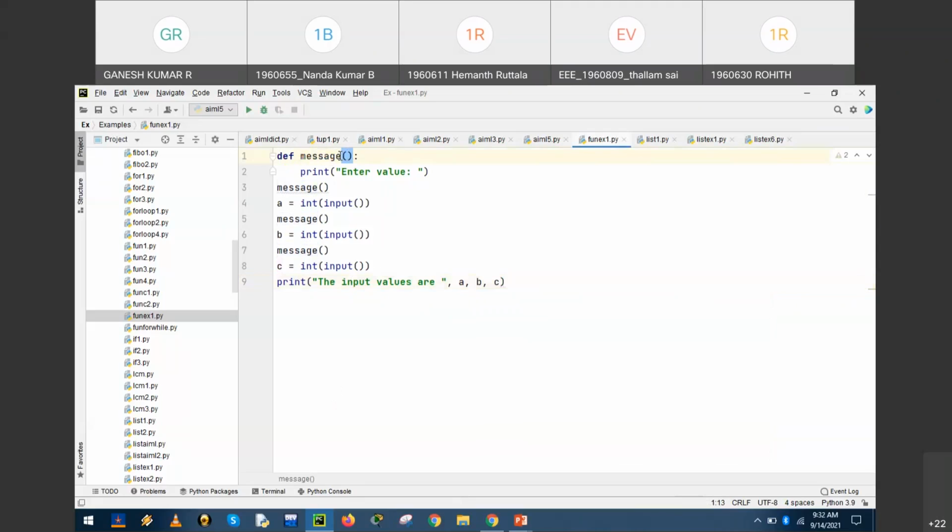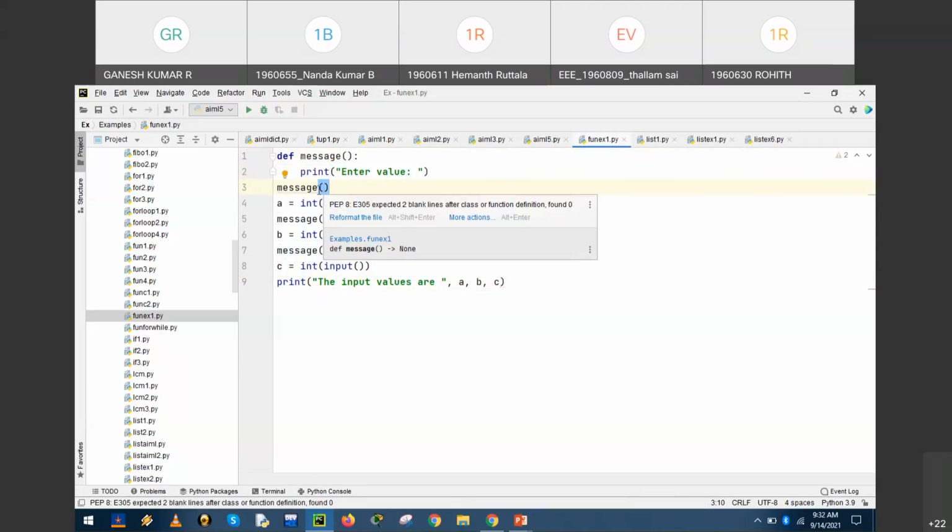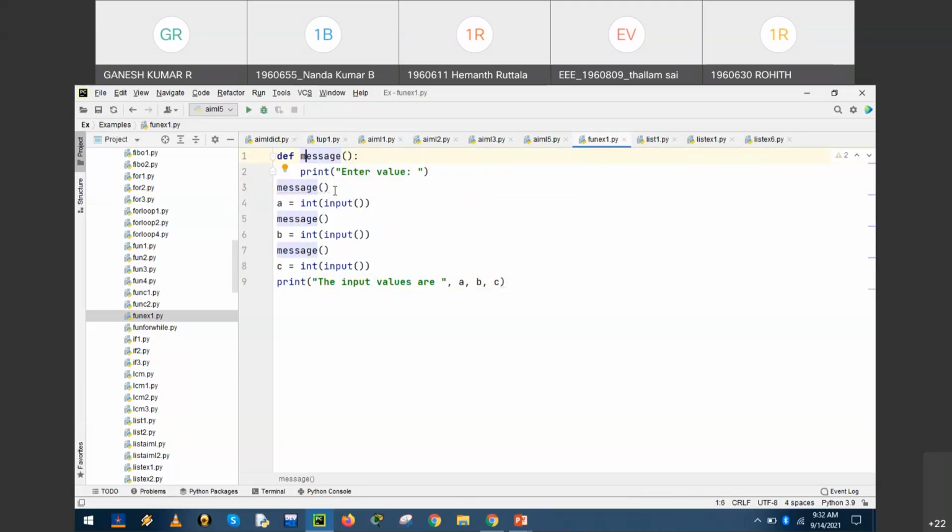Since it is a function, we have represented it with a pair of parentheses and a colon. The function body has a statement: print enter a value. Then we have invoked the function. Whenever a function is defined, it should be invoked in the later part. So this is called a function call.